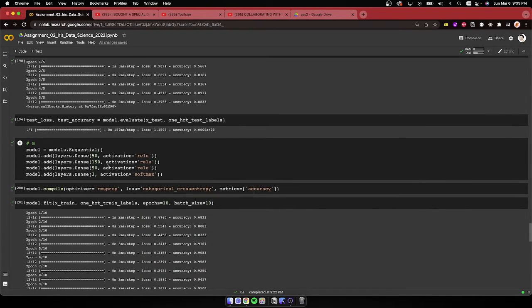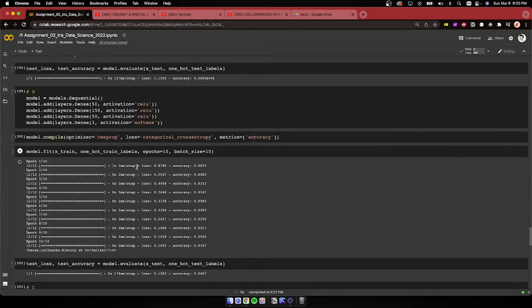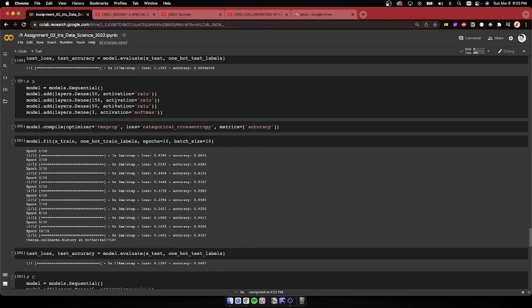I'm checking the data. Now I have added an extra layer. First is 50, and then 50, and then 150. So I added a layer with 150 neurons. This has batch size 10 and 10 epochs. It looks like all of the data is nearly close to what the accuracy should be, because of the amount of layers it has and the number of epochs. It has enough data to go through to give us the best accuracy it can,